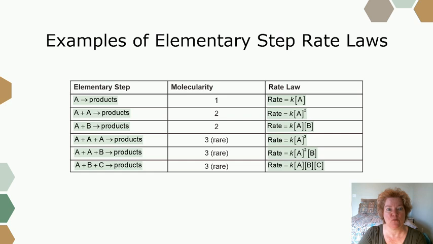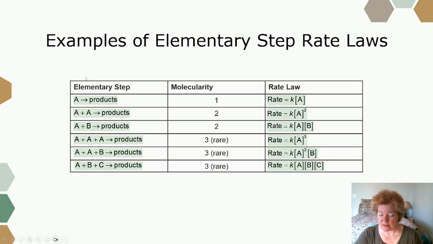The next part is about the rate determining step. Okay, so for instance, if I look at these, this has a molecularity of 1, there's just one particle, and the rate law would be k times the concentration of A. If I come down here, there's 3 particles, they're all the same, it's A, so it'd be k times A to the cubed power. Again, we've only been dealing with powers of like 0, 1, and 2. A plus B would be first order in A, first order in B. But A plus A would be second order in A. So this would be writing a rate law, but again, we only do this if it's an elementary step and